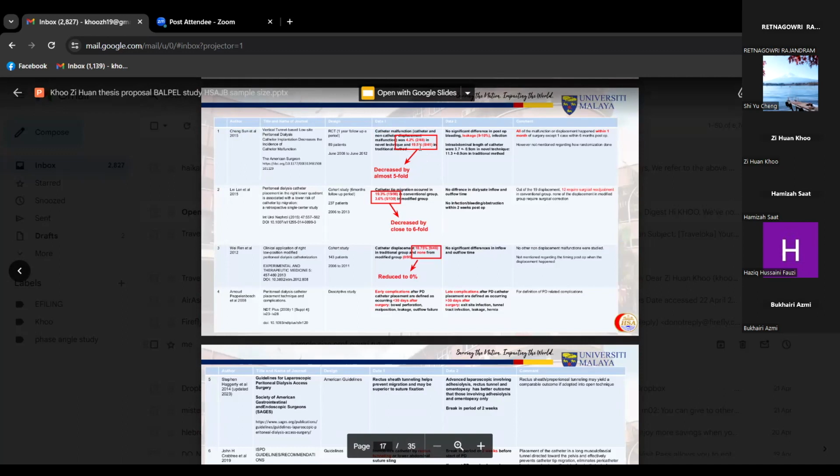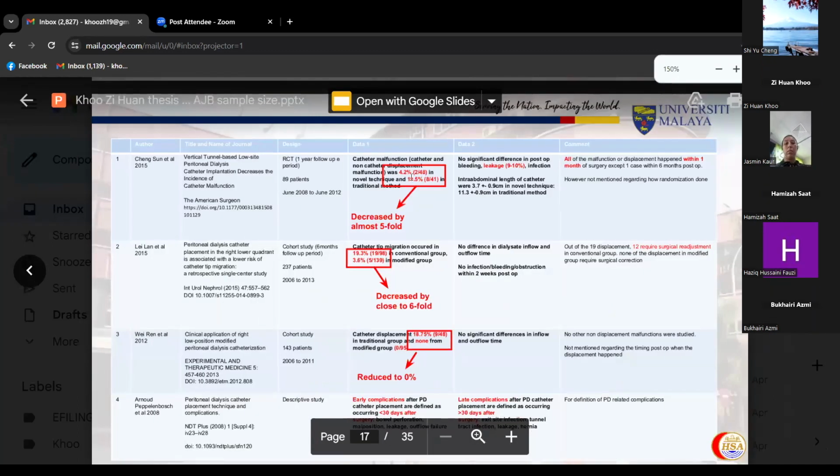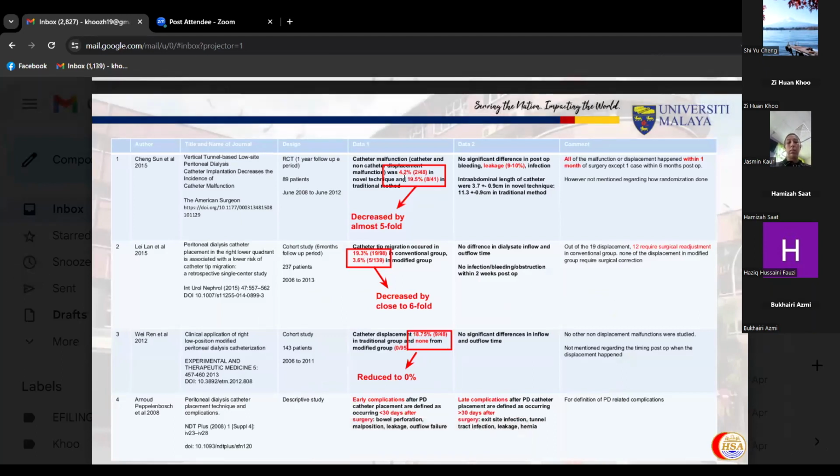Yes, correct. So can you try and get that rate, that percentage for me? Yeah. The traditional method is 19.5%. Okay, so my question is, your modified technique, do you think it's going to be as good as theirs, 4.2, or equally as good as 19.5, or what do you think the percentage is going to be?